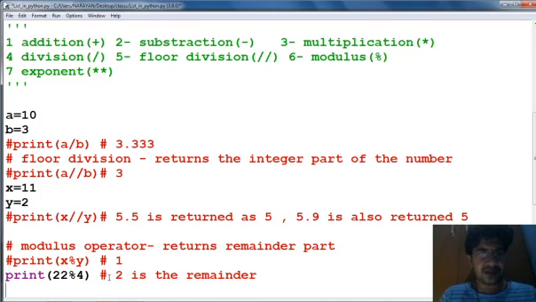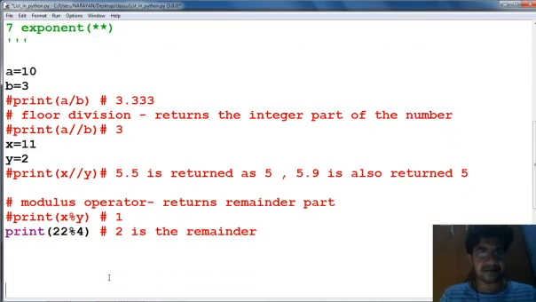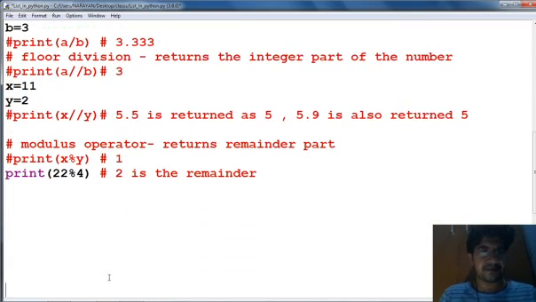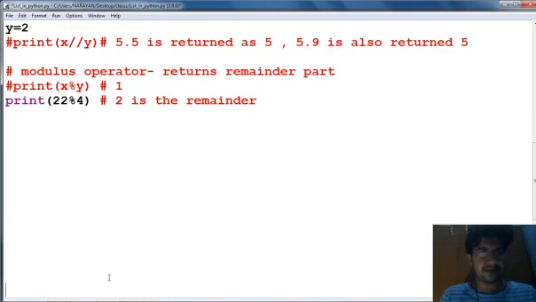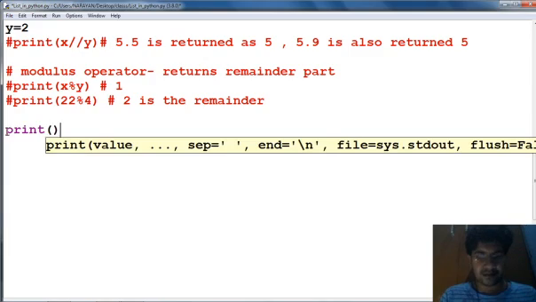Now the next one is our exponent function. So this is your remainder function and the next one is your exponent function. Suppose we print 2 exponent 2. Now check the output.